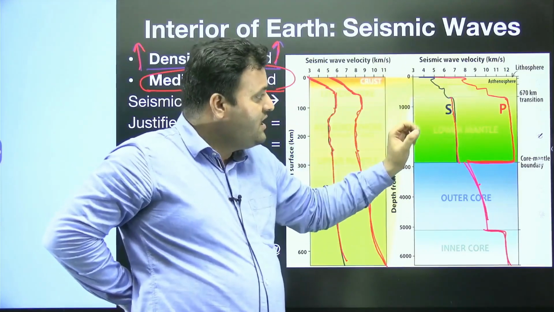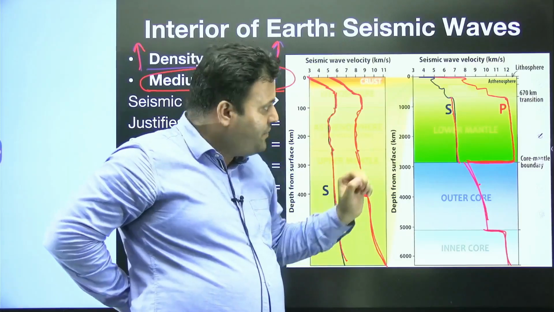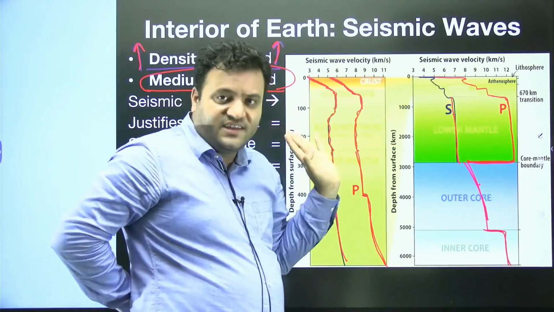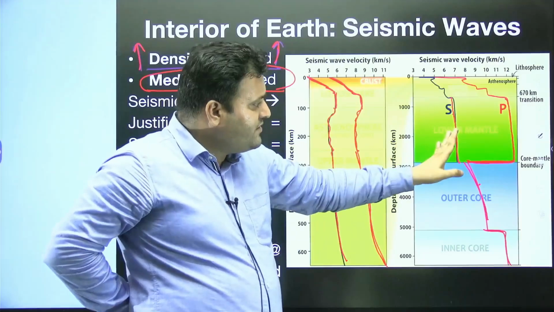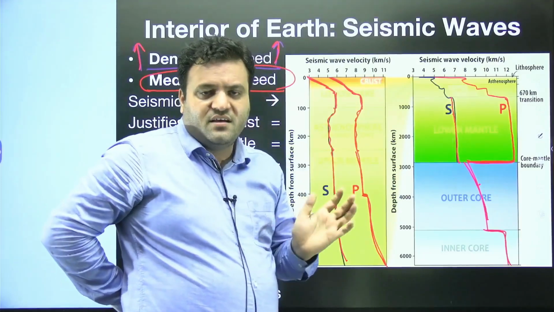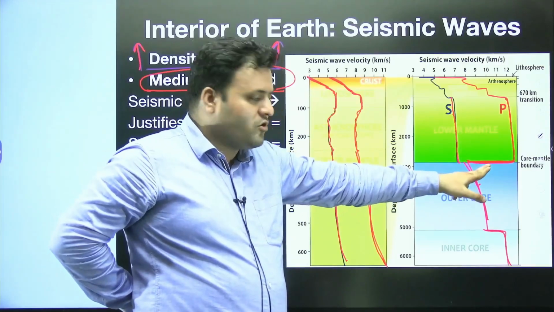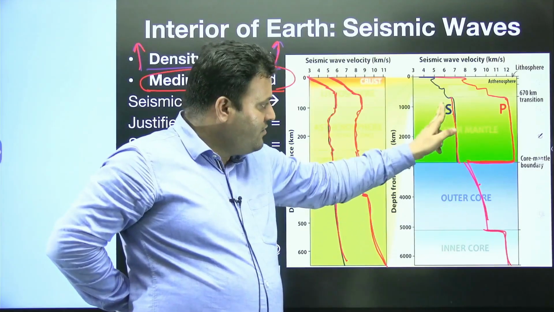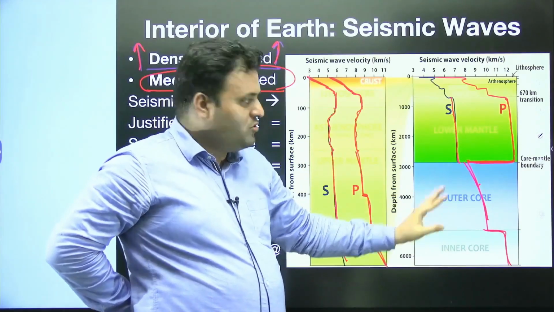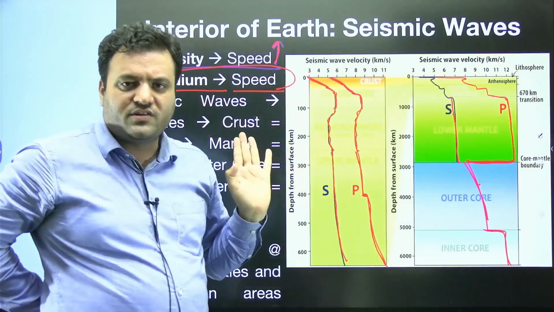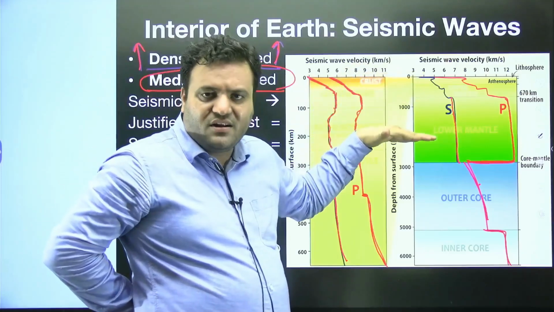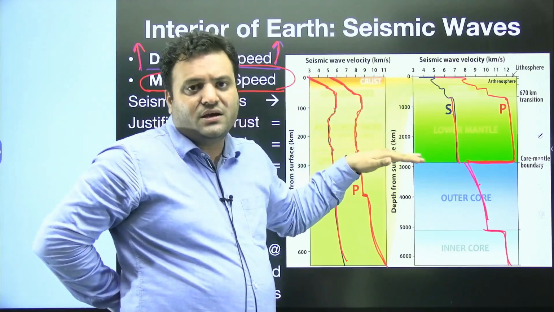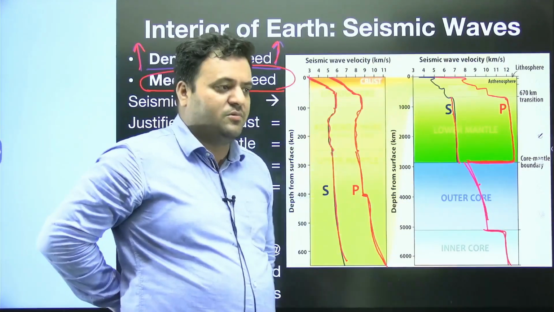Here you can see, then we have the upper mantle. In the upper mantle we also have an increase in the speed as compared to the asthenosphere. Then in the lower mantle you will see a gradual increase, then there is a sudden drop when the P wave is about to enter the core, and the S wave is absent in the output. So based on this particular pattern, we say that the density of rock is different in our earth crust. Our earth is comprised of different material in terms of their composition. Some are solid, some are liquid.